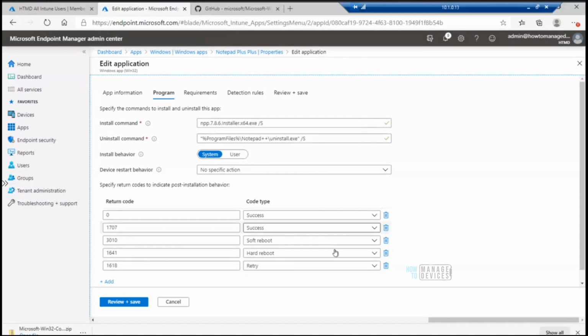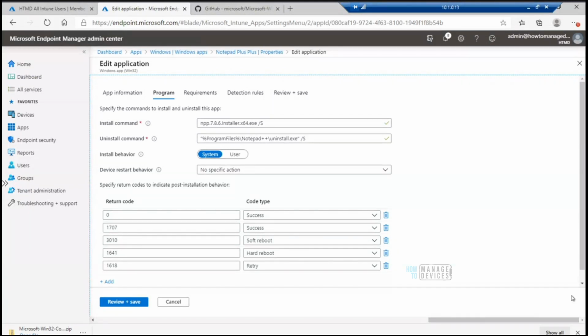Thank you. Also, for the additional agent installation on a Windows device, is this a one-time installation when we deploy a Win32 application? Yes, the agent installation is one time.